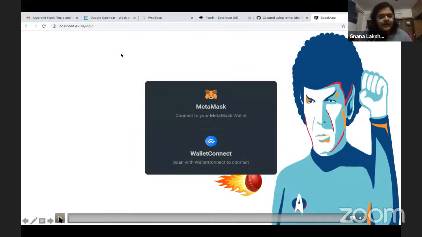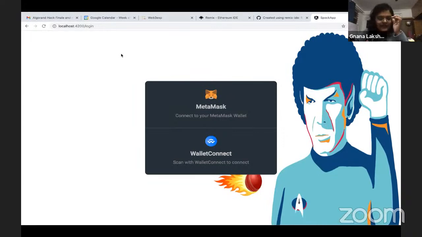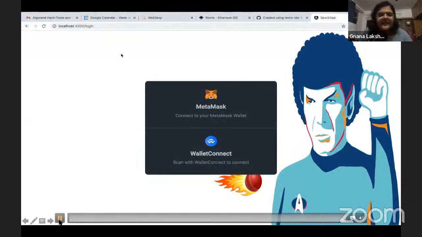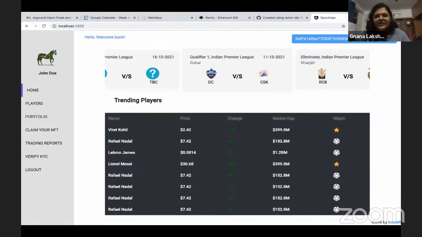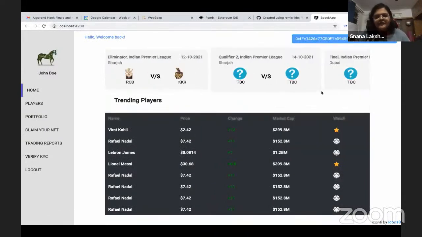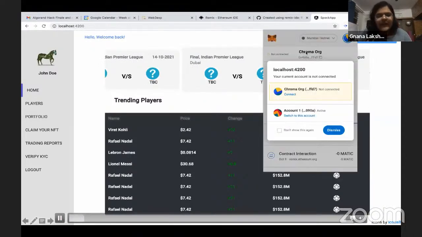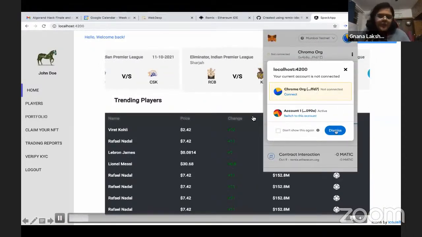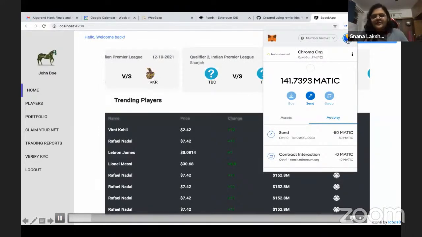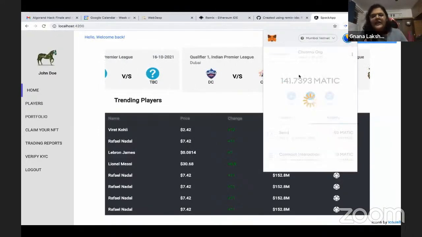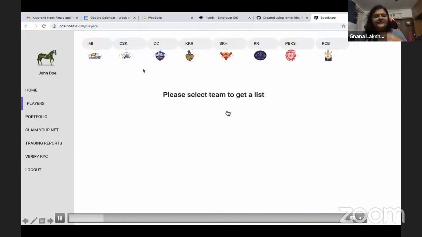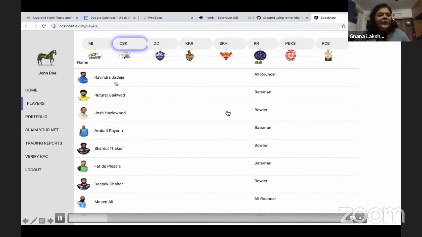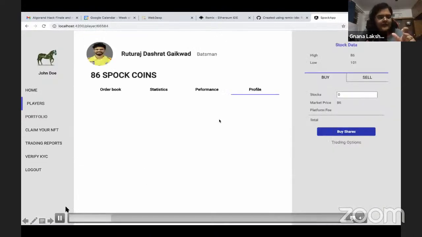Just a quick demo of how the app works. The app is still very much under construction, but we have the basic pieces like buy and sell already set. You can see that initially I've just used my MetaMask to log in to the app, and we have deployed it on Polygon, of course, as the hackathon demands. I'm connected to a Polygon account. You can see there is a ticker on top which shows the different upcoming matches. Now I'm going to a particular team. So let me just stop here a bit.